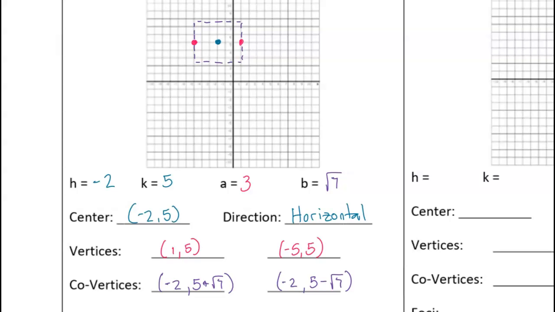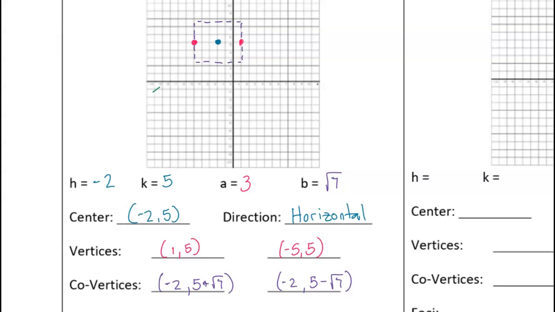Okay. So the corners of our box determine our asymptotes. And again, the reason why our asymptotes are so important is because the asymptotes shape the outer curves of our hyperbola. So when I'm going to draw this hyperbola, you really want to start with, of course, we draw the center and the vertices, but the next step is to draw our asymptotes because they shape our curves. So I'm going to go ahead and draw my asymptotes. The asymptotes go through the corners and through the center. So I have one,